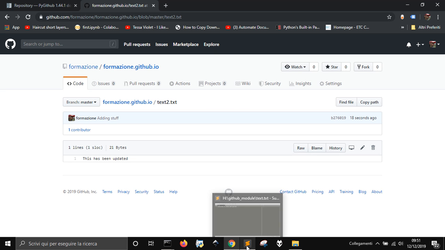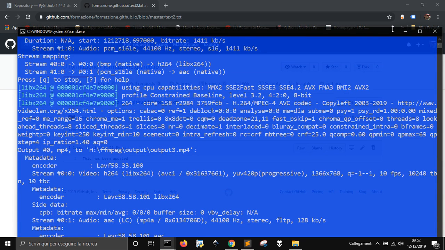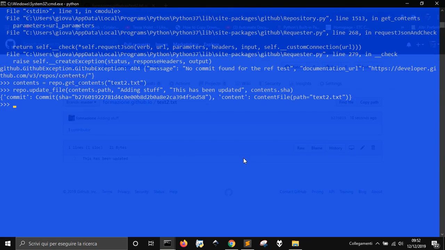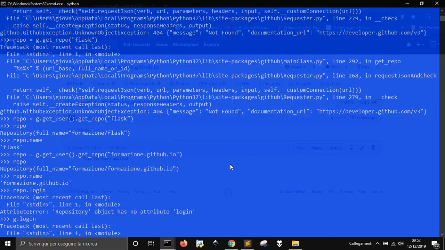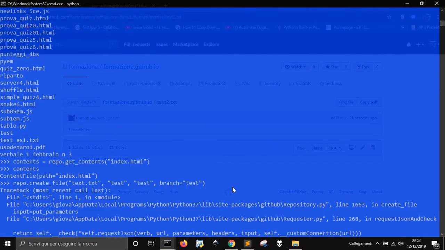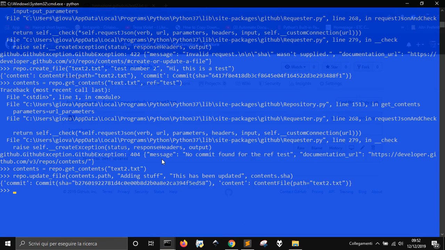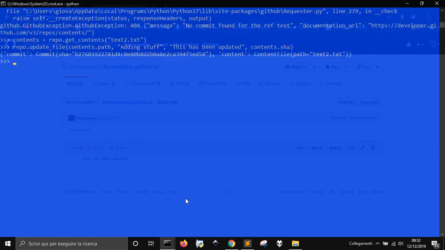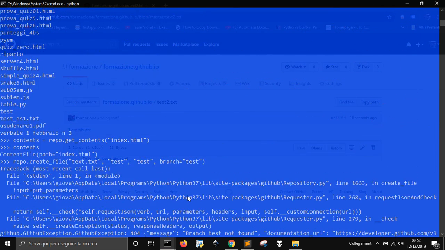Okay, so this is a first look to the pyGithub module to look into your modules, access to your repositories in GitHub, and to create a new file and to access to a new file. So I will make a summary of these comments that we use here in my post on my blog,